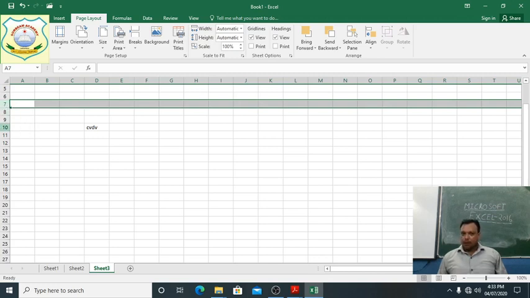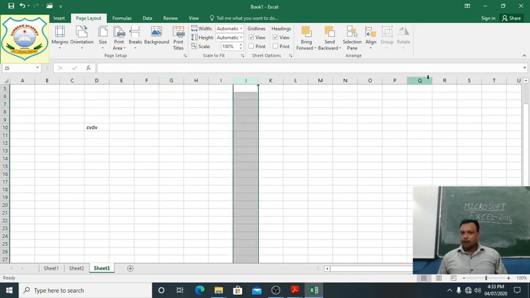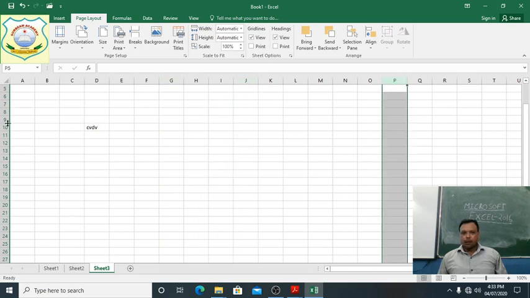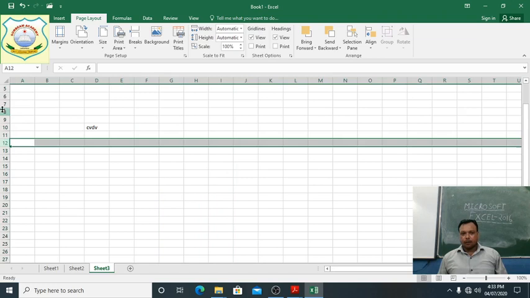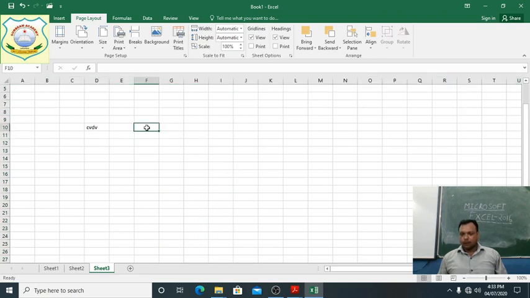This way we can select it. Clear students? This way you can see.